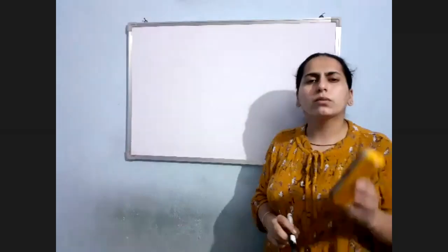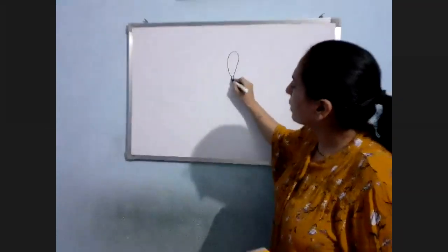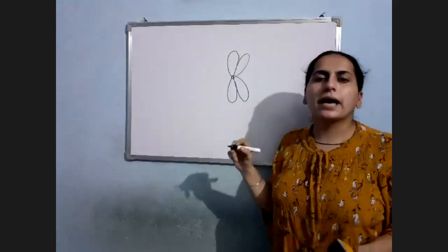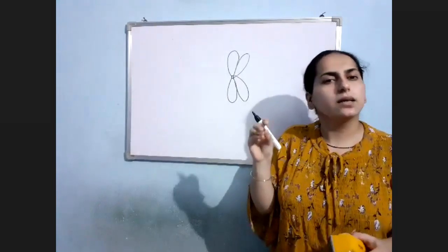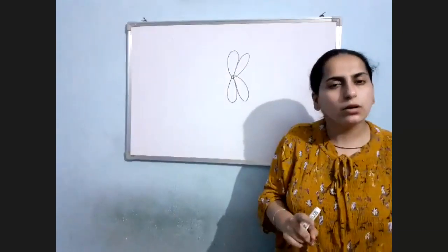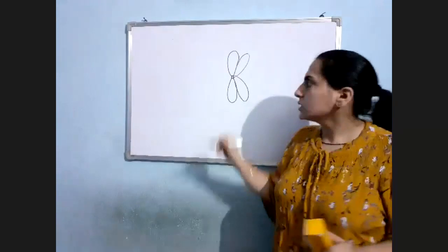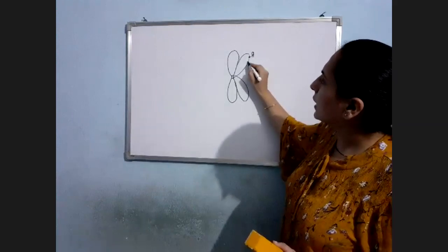Okay, no problem. Let me explain a few points about linkage. A few students are having a problem. What happens in linkage actually? Suppose I have a chromosome. In the chromosome, as you know, genes are present on the DNA. Now what happens? It is not that there is only one gene on a chromosome. No, there are so many genes present on a chromosome. Suppose here I have gene A and here I have gene B.